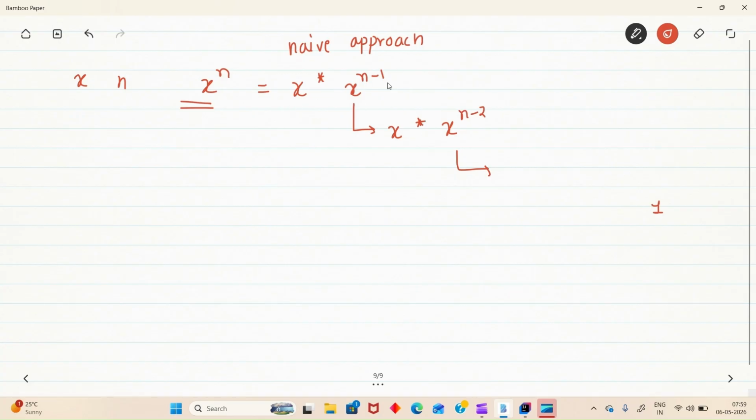What is recursion? It is basically calling the function within itself. You are trying to avoid writing different methods for the same multiple tasks. Instead of that, you are using the same function to do a similar task with a different value. At the end, it will be x into n minus n, which is 0. That is, x raised to 0 is 1. So in this way we will get x power n.